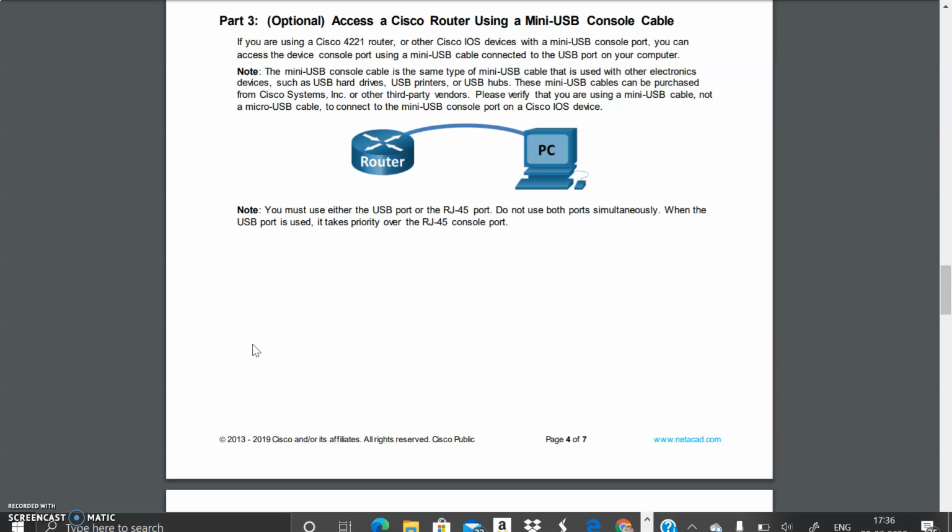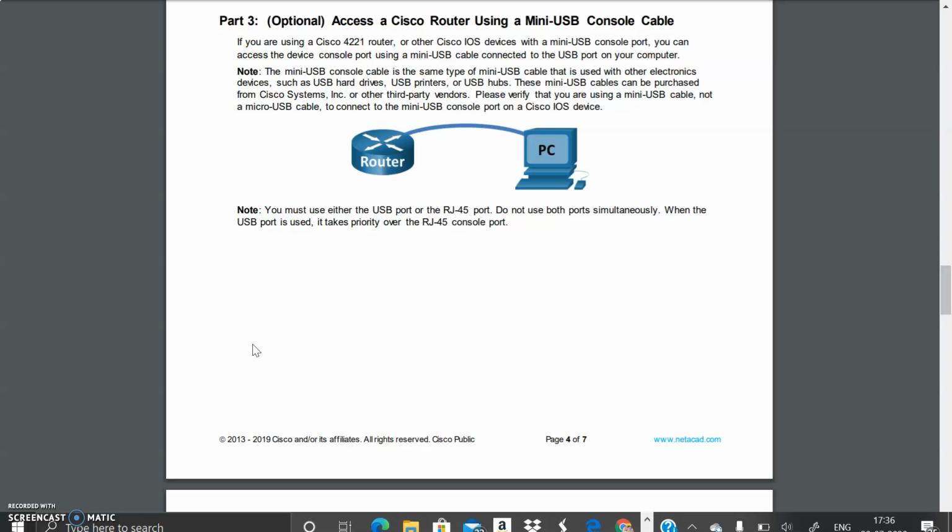Note: the mini USB console cable is the same type of mini USB cable that is used with other electronic devices such as USB hard drives, USB printers or USB hubs.